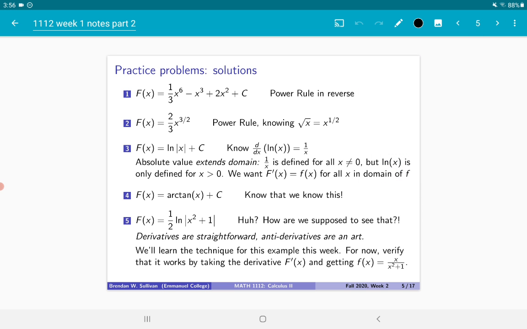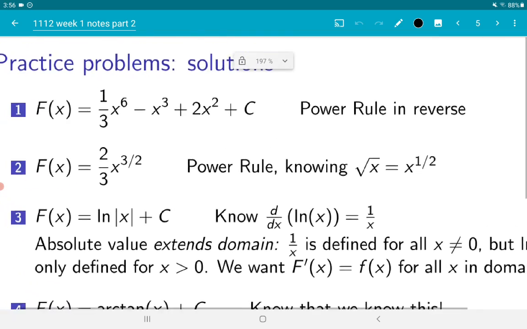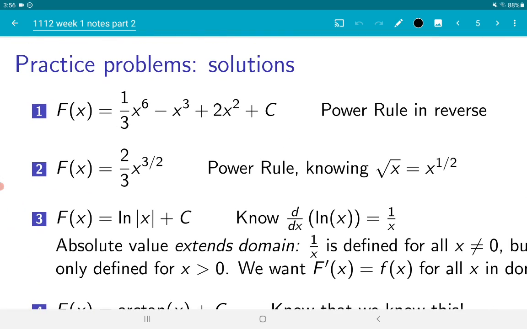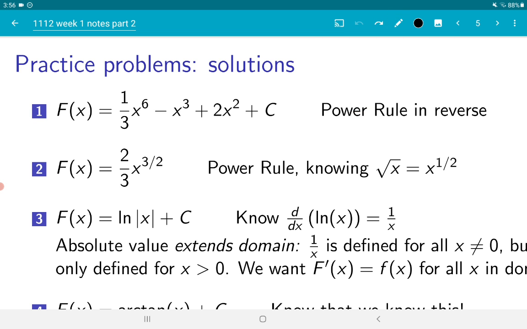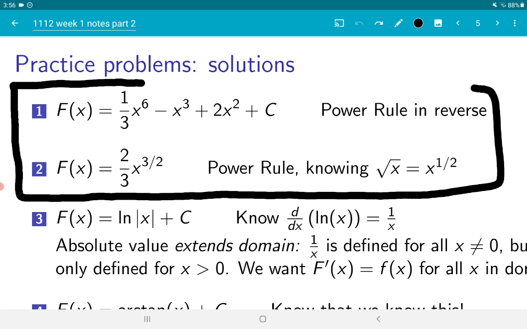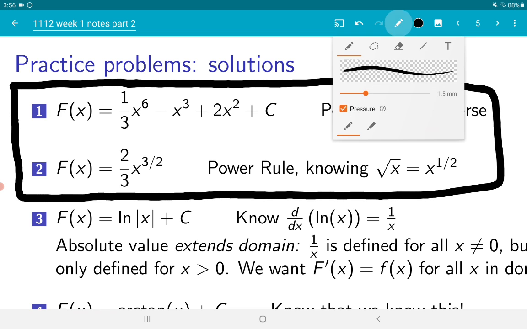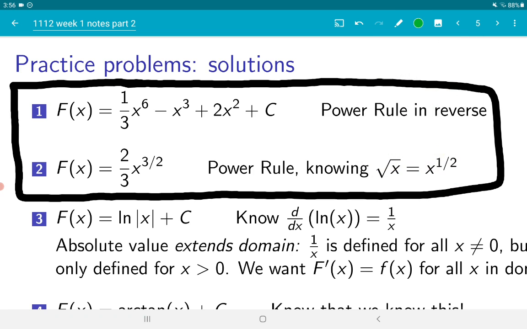Okay, let's talk about these answers one by one here. I meant for the first two to be relatively straightforward applications of that same power rule idea I was describing on the previous slide, or 2 slides ago. Both of these employ the power rule in reverse, let's say. I'll just call it reverse for now, because I'm thinking about the backwards problem number 2. I think the first example is a lot more like the problems we were doing earlier, and problem number 2